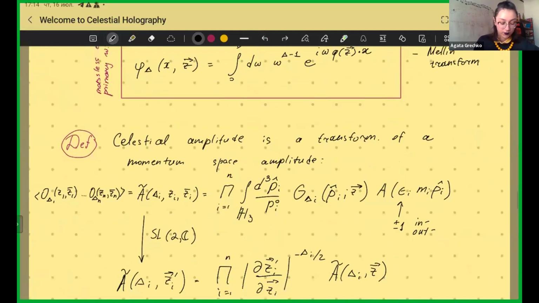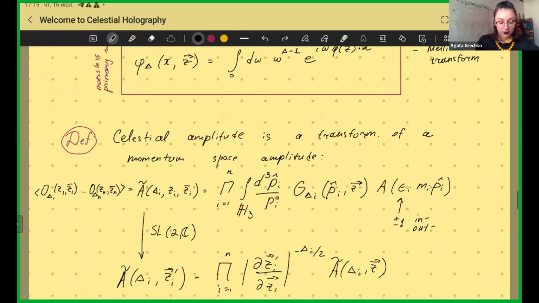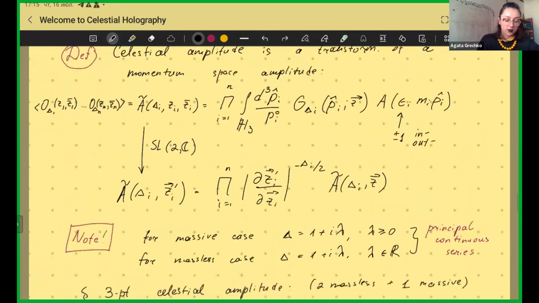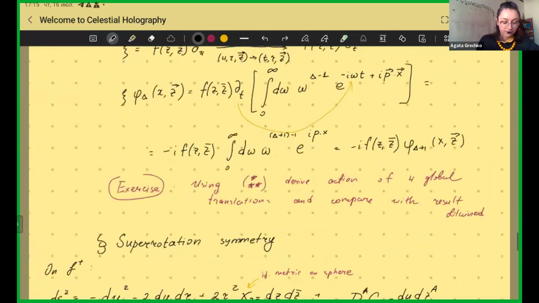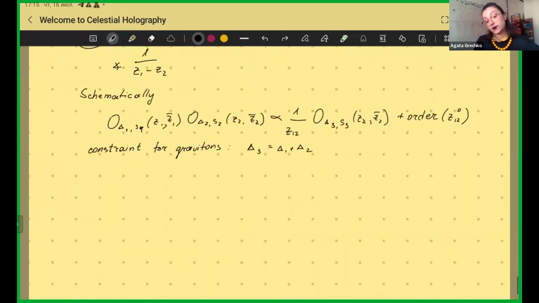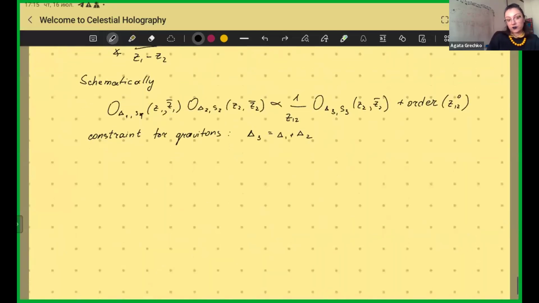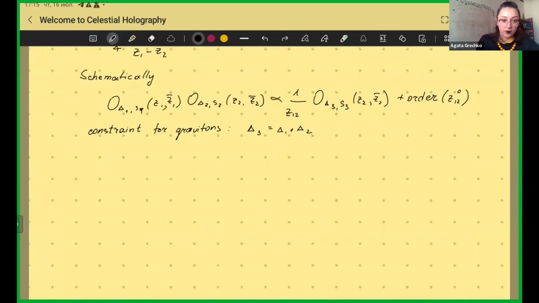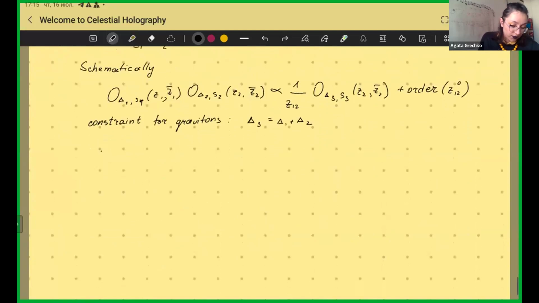So when we take some scattering process with gravitons, we need to introduce the primary field connected to gravitons, right? And now, to never forget that we are actually talking about gravitons and not just any primary conformal fields, we will denote